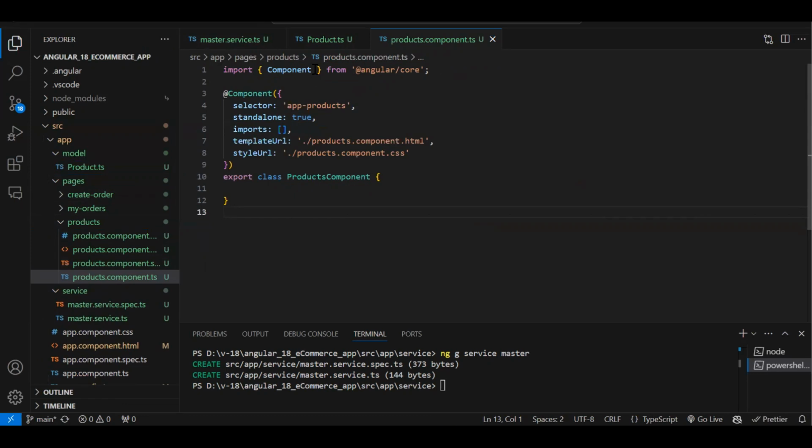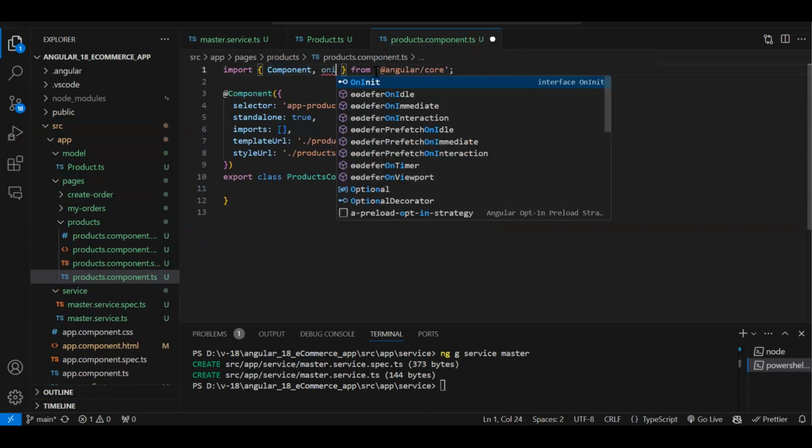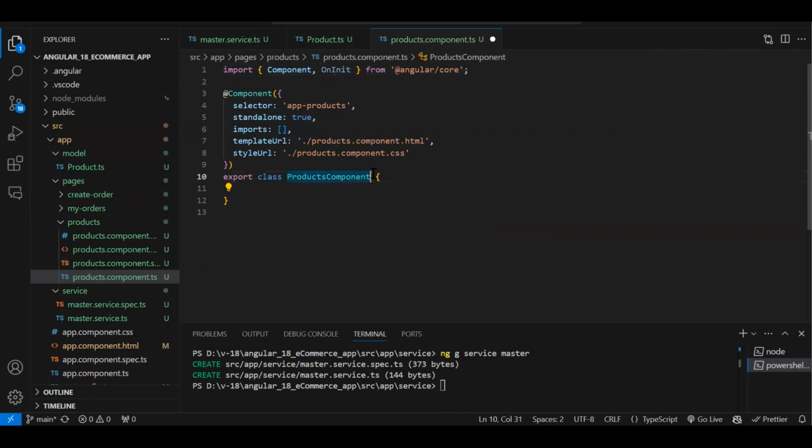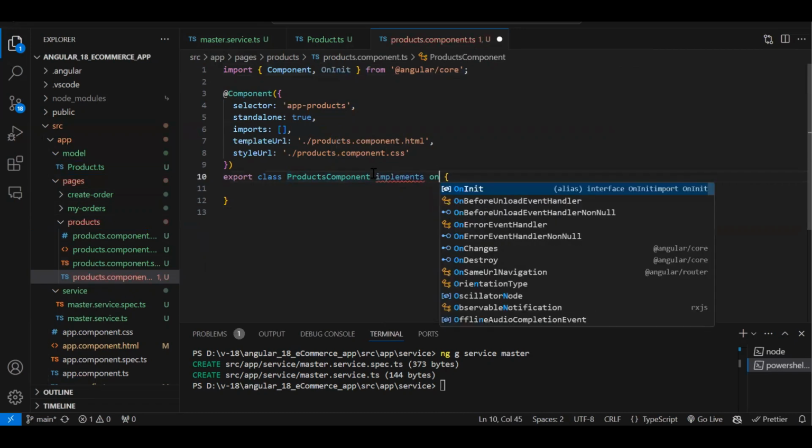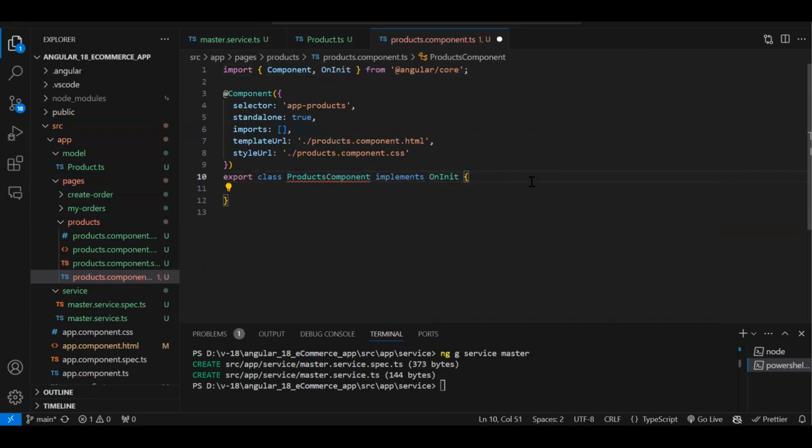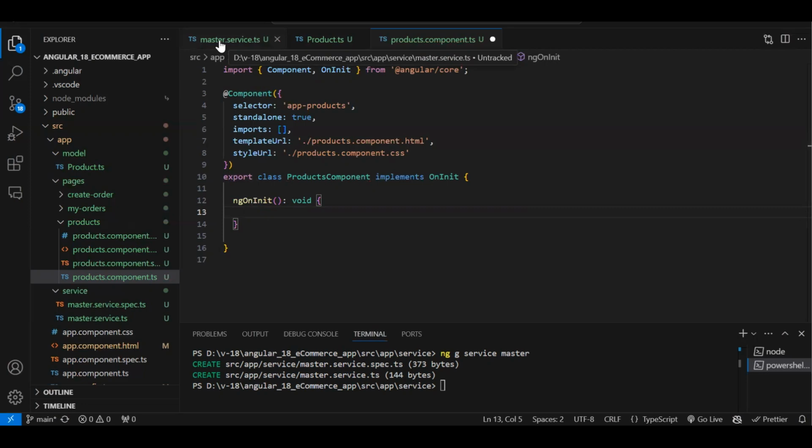Now on the load of this component, we need to call our API. So for that, we need to import the OnInit lifecycle. Let's implement OnInit. And once we implement, it will ask us to create the ngOnInit function. Now we have created our master service. Now this service we have to integrate into our product component. So